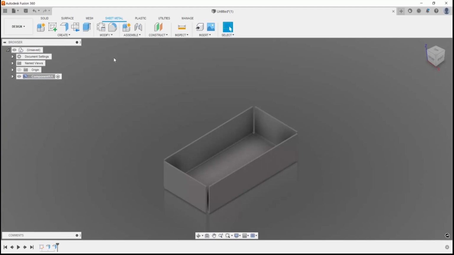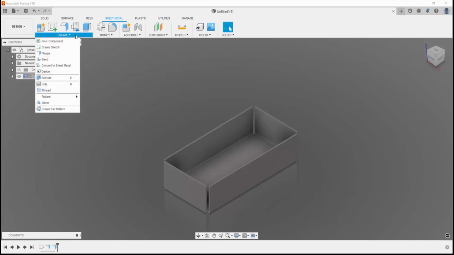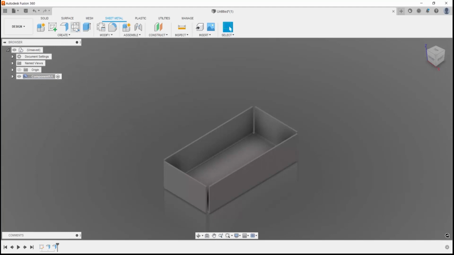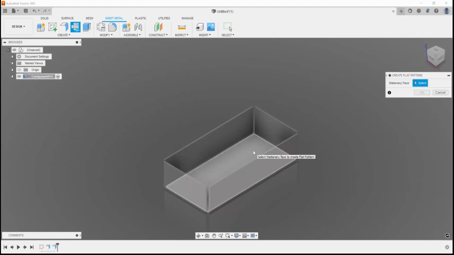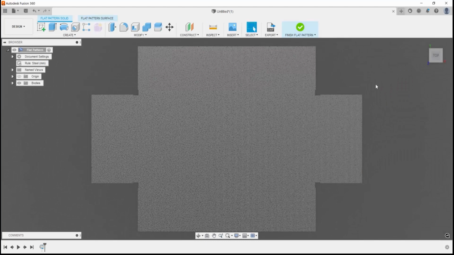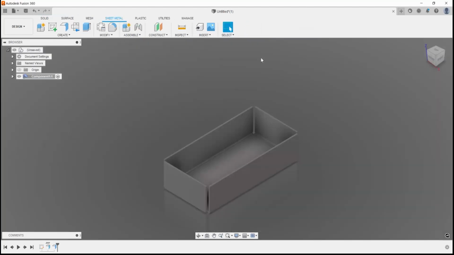Once I have the sheet metal component created, the next thing that I can do is convert it into a flat pattern. You have this option directly on the top ribbon of your Fusion 360. If I hit create flat pattern, the first thing that it'll ask me is the stationary face. I'm just going to select this inside face out here, hit OK. And as soon as I do that, Fusion 360 gives me a flat pattern of this sort. Essentially, you can have this, or you can export this as a DXF if need be, or you can just finish out the flat pattern and come back to it